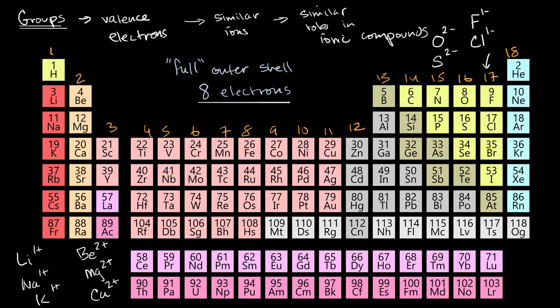Now, given that, how would you expect things on the left and things on the right to form ionic compounds? So you might guess, if you have an alkali metal in the presence of a halogen, things could get very reactive. And in fact, things will get very reactive because these want to give away an electron, these want to take an electron. And that's what will happen. The electrons will leave the group 1 elements, and then they will go to the halogen. And in the process, it might release a lot of energy,